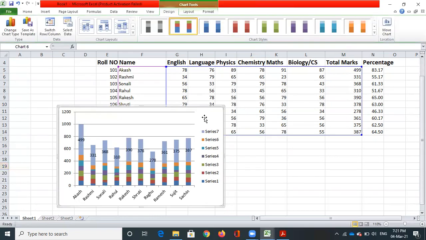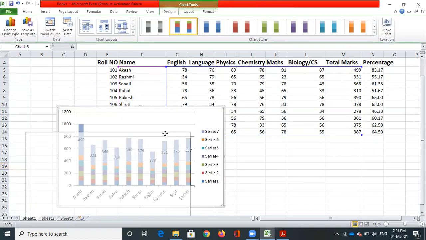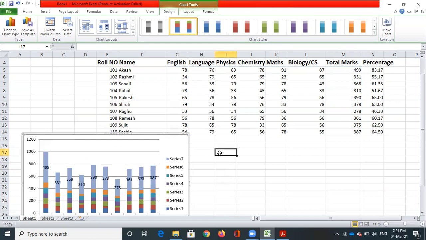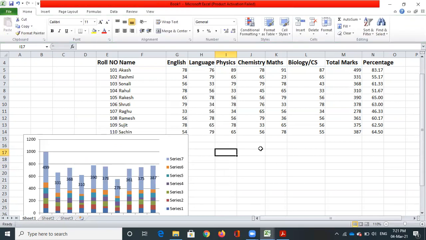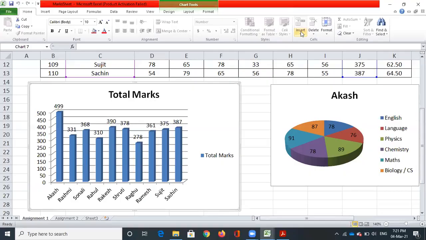Apart from this, suppose we want to have the graph for an individual student. In that we can do the same operation by using the graphs. Now, something like this, where I want to know the different marks scored by a particular student like Akash or Rashmi or Sujit and so on.